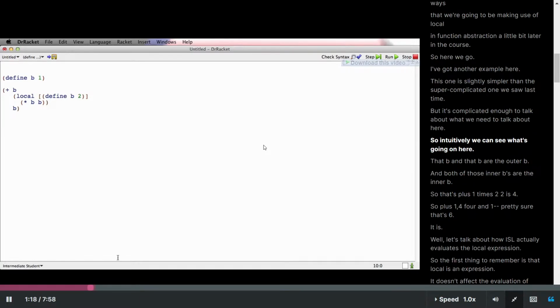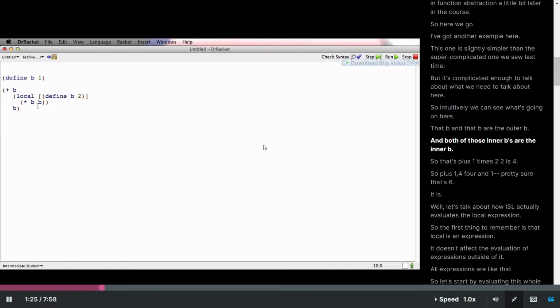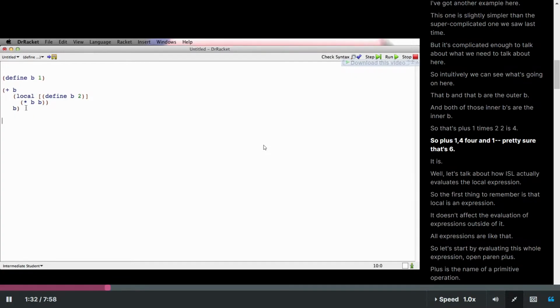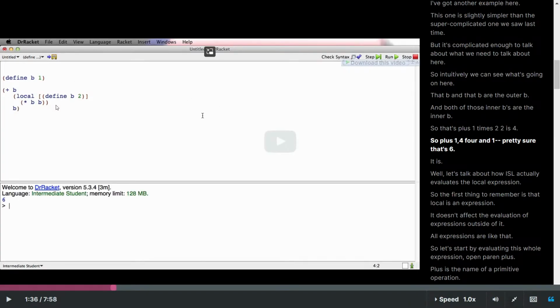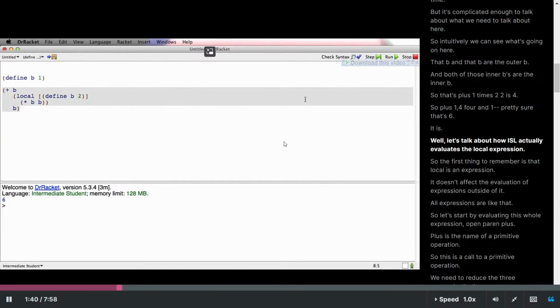So, intuitively we could see what's going on here. That B and that B are the outer B, and both of those inner B's are the inner B. So that's plus 1 times 2, 2 is 4, so plus 1, 4, and 1, pretty sure that's 6. It is. But let's talk about how